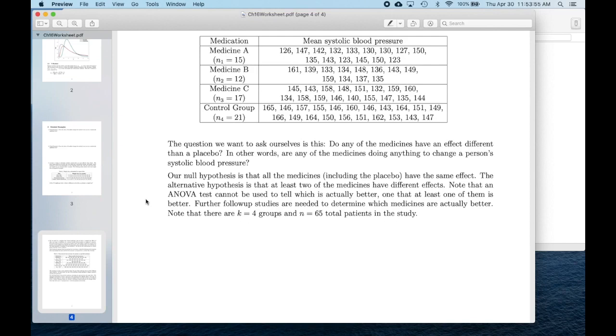In order to do that, you have to do certain follow-up studies, and that's beyond the scope of what we're going to talk about in this course. So all we're really worried about for now, all that we want to study, all that you do with this ANOVA test, is you want to know, are there differences in the groups based on the medicine that they're given? And according to our test, the answer is yes, there is a difference. Okay, so that's what we use the ANOVA